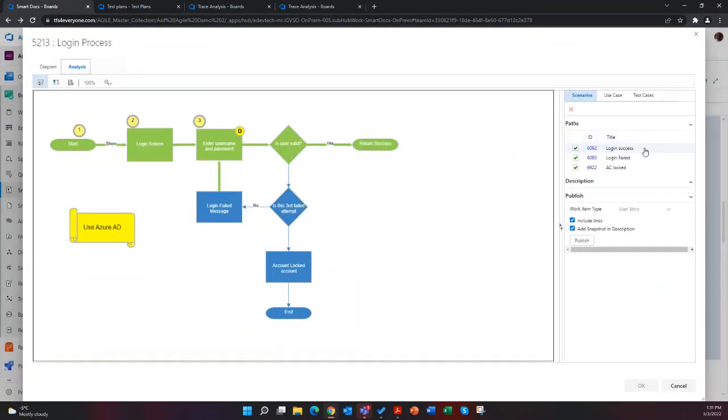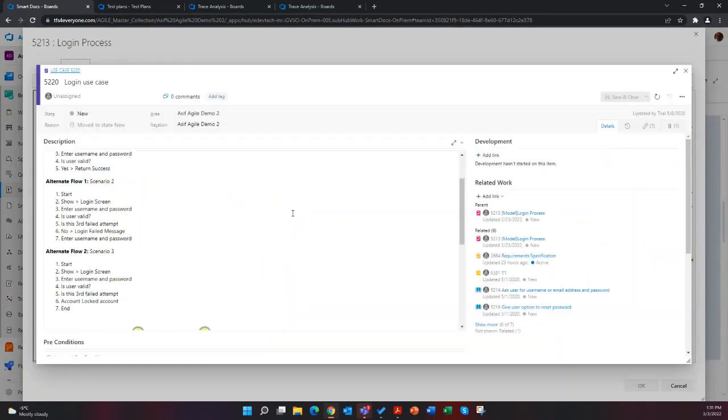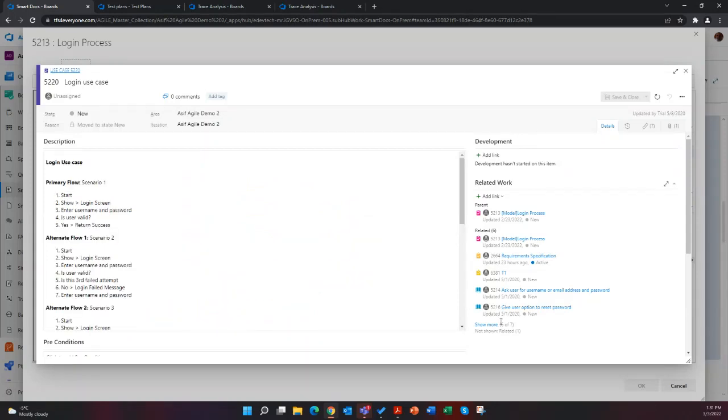Now, for those of you who do not want to create this individually, but rather would capture all the scenarios in a single use case, you will go to the use case area and define your scenarios, and you can name your scenarios. When you publish it, you end up with a use case artifact with all the scenarios in it and all the requirements that are covered by that user story.